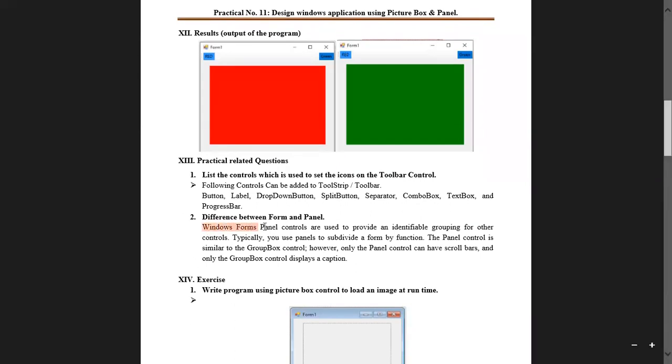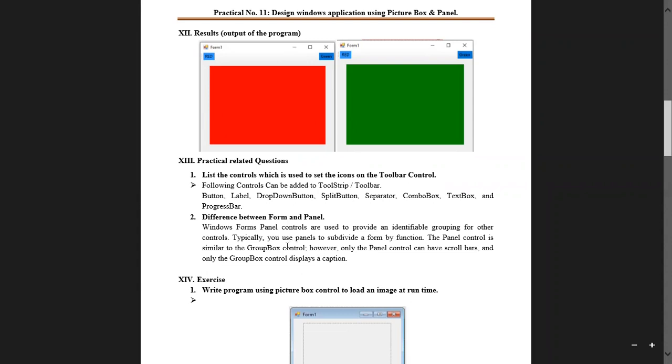So Windows form panel control are used to provide an identifiable grouping of another control. Okay, so it is used for grouping purpose.